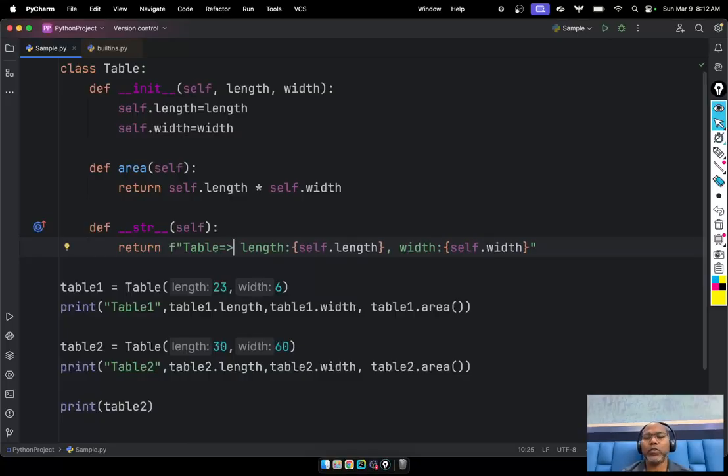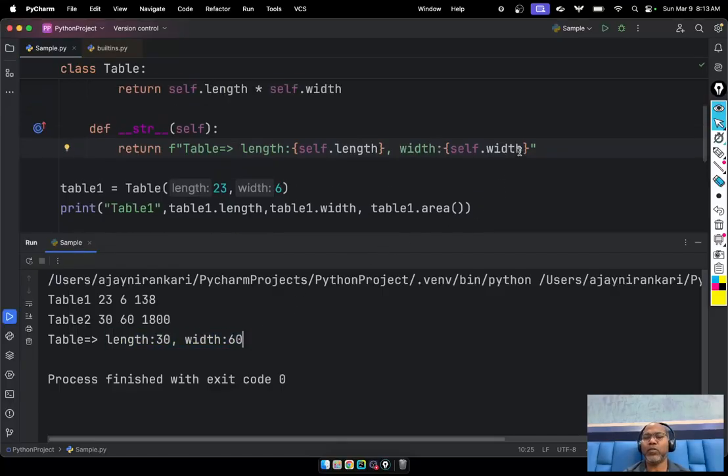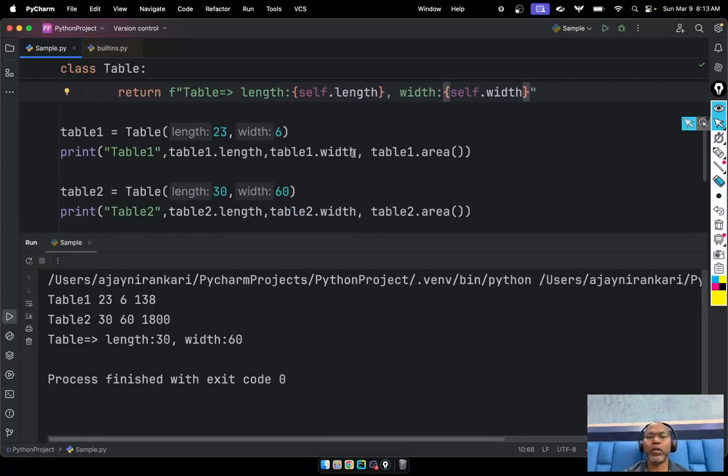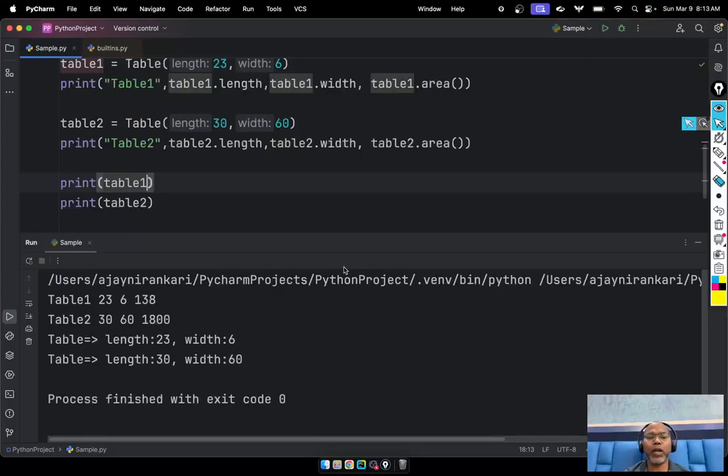Okay, so this is the way you can define it. Now, if you notice here, I print, and you can get the table's length and width. If you want the area, you can also mention here, hey, I want the area, whatever you want. Now you don't write this directly; you can say print table 1, or you can say print table 2. So